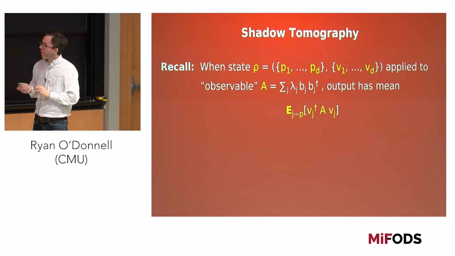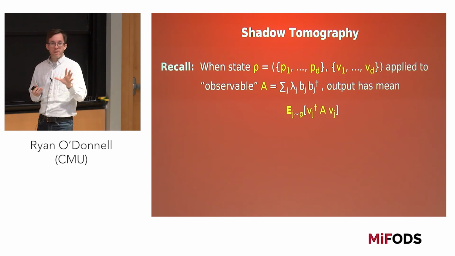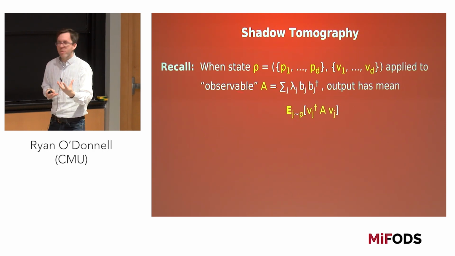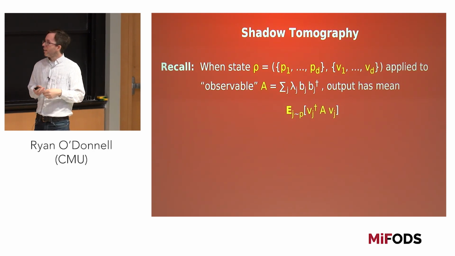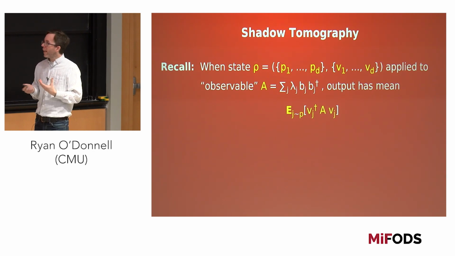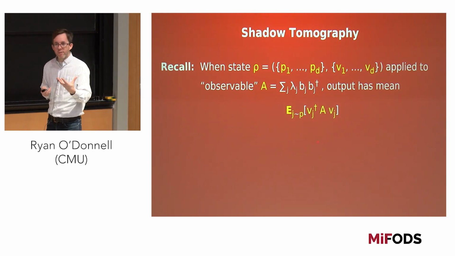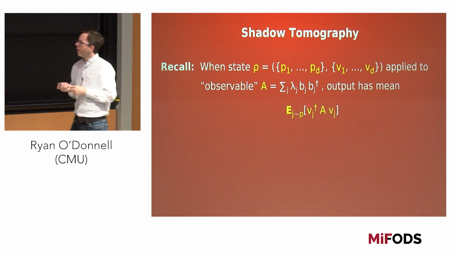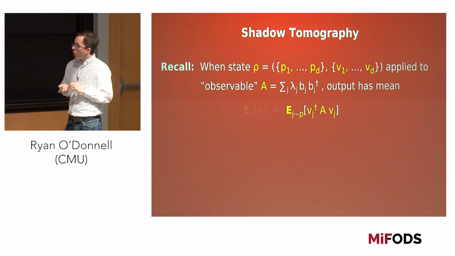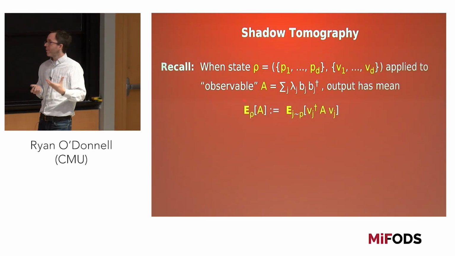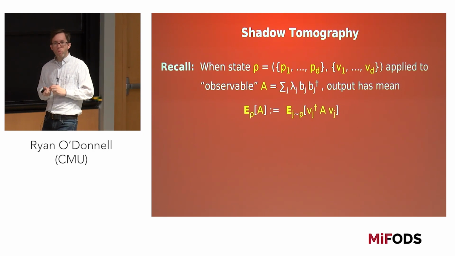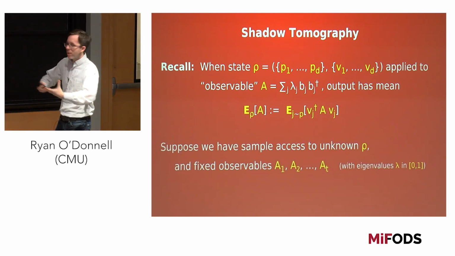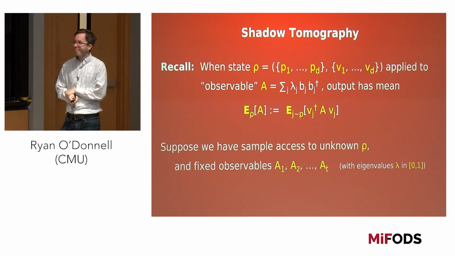So here's the shadow tomography situation. Let's say, as usual, we have sample access to this unknown state, but we have some fixed observables or observations or hypothetical algorithms, A1 through AT, that we really care about. And we would like to know, if you were to run any of these AIs, what would be the expected value of AI under this distribution rho. And the goal is to learn all these expectations simultaneously to close accuracy. OK, so let's try to understand, without learning the whole state, try to learn some properties of the state, these t numbers.